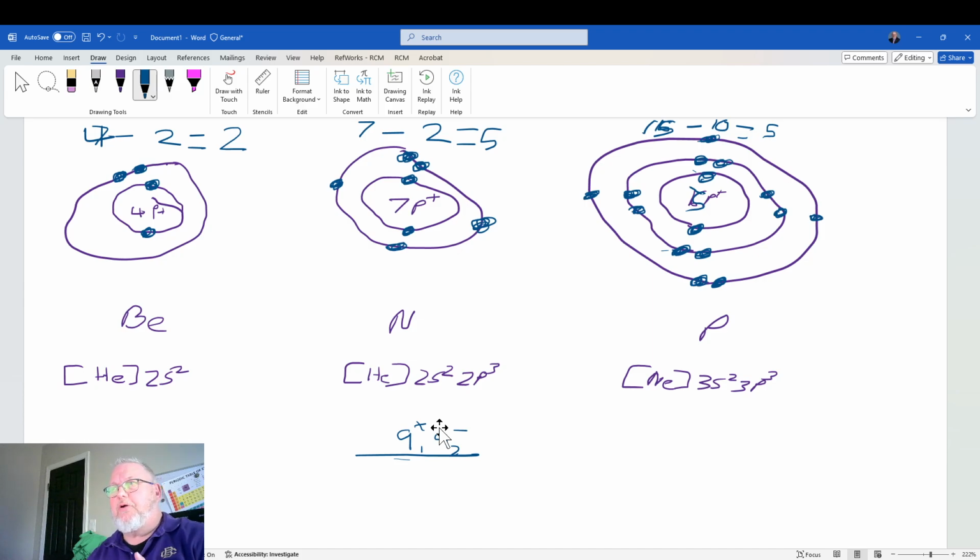So, beryllium and nitrogen are on the same level. Okay. There's less attraction for beryllium. There's only a 2 positive attractions sucking those electrons down, the valence electrons. So it's going to be bigger because it doesn't have the same amount of positive influence compared to nitrogen, again on the same level. There's more positive influence making that radius, or really the diameter of that atom, smaller compared to